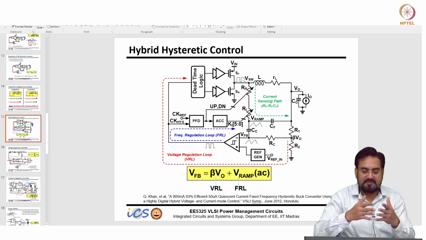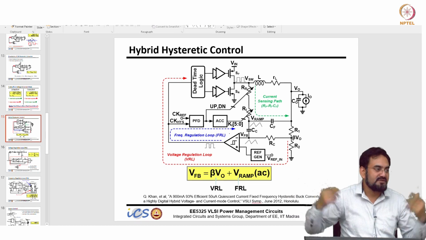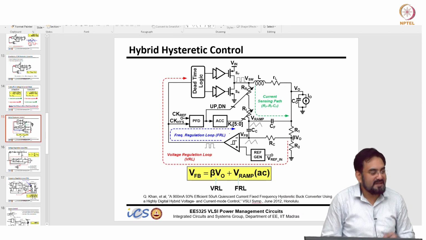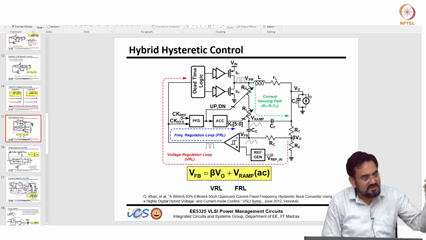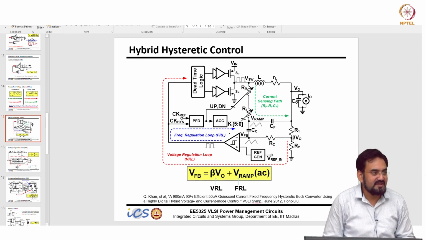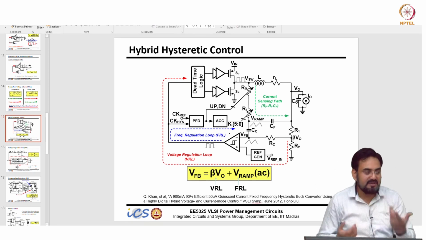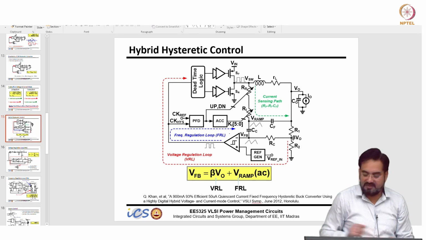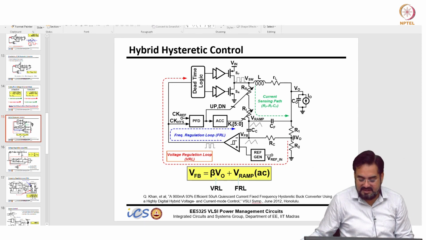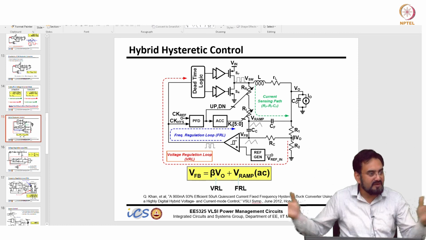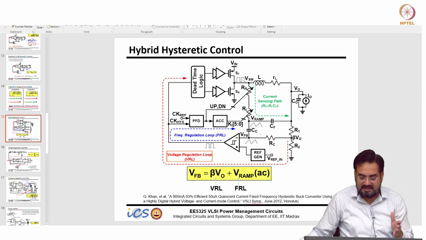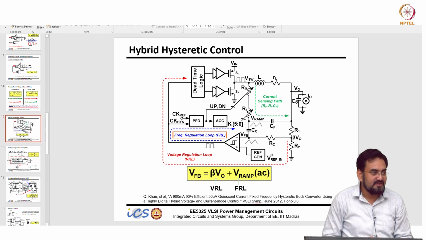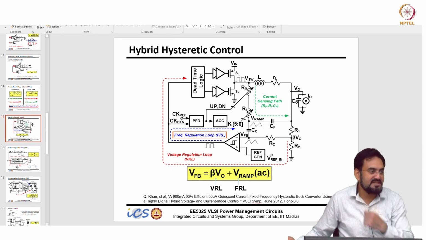It could be anything, it could be turn on all the way for 2 or 3 clock cycles, you do not know. But if I force a particular switching frequency, then you are again going towards that synchronous version. The reason we are getting it is because it's non-synchronous. Now you are trying to again synchronize by locking to a particular clock frequency. So if this guy becomes dominant, I mean the comparator is saying no, I have a transient, I want to be on for the entire period, or I want to basically reset or set the duty cycle immediately, but this guy will say no, now the frequency is changing, I will not allow you to do this because you are changing the frequency now.